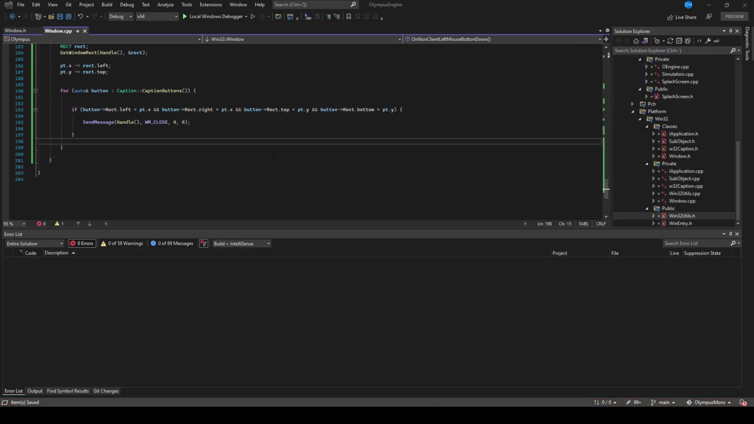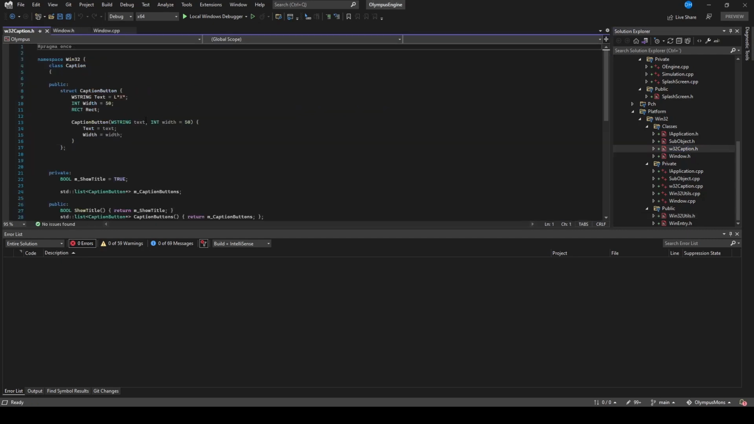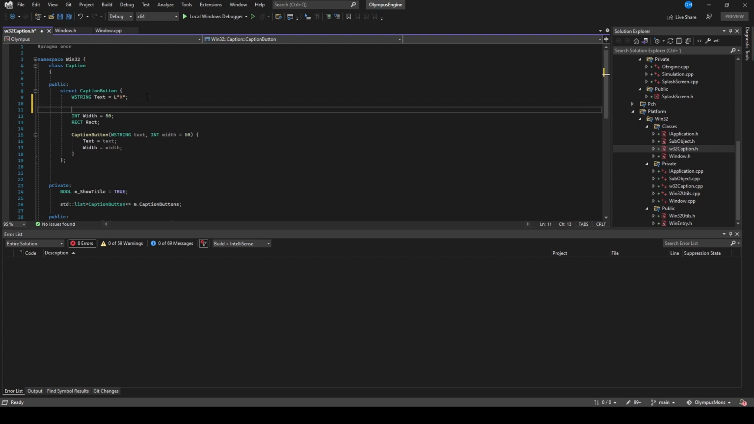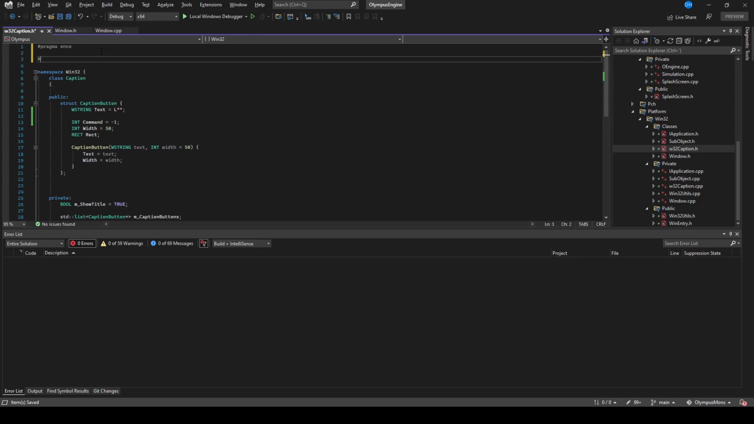The next thing we want to do is find a way that we can actually differentiate what buttons do what. So let's come into our W32 caption and add ourselves a new function in here. I'm going to put this one above width and let's go int command. I'm going to initialize this one as -1. Let's get that one as nothing and that one as 50. That's fine. And then let's put ourselves some definitions up here. So let's put our define